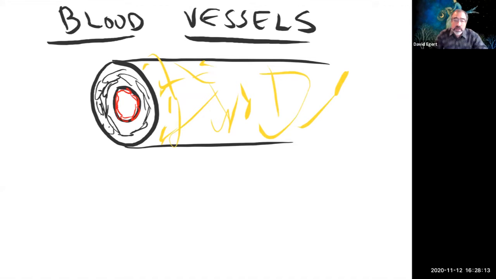So this is kind of a generic blood vessel, and we will talk about the differences between different kinds of arteries and veins and stuff as we continue. But the basic parts of a blood vessel